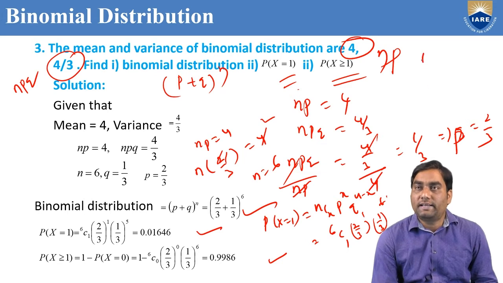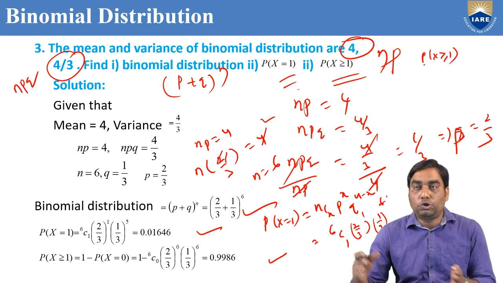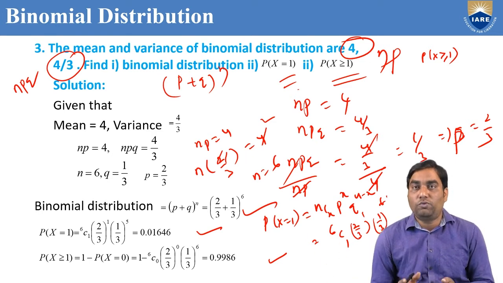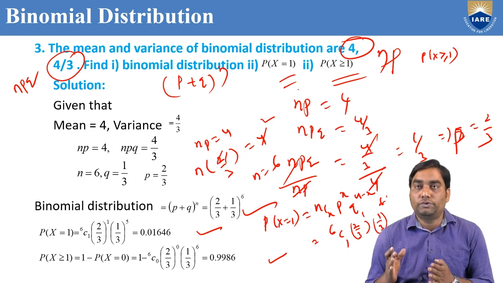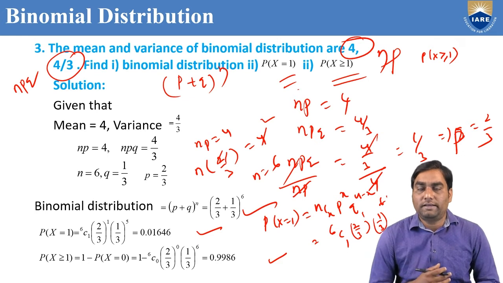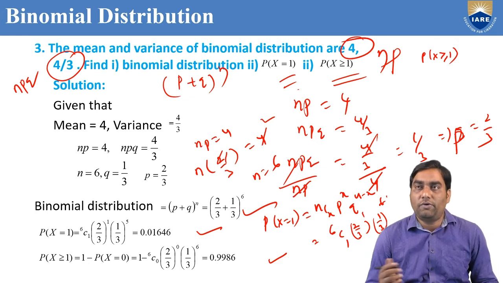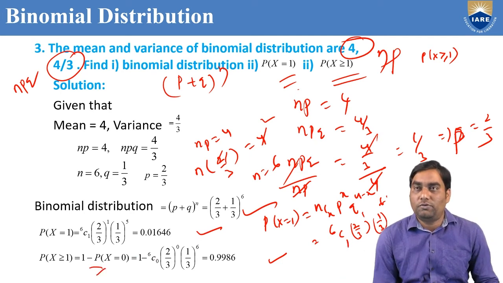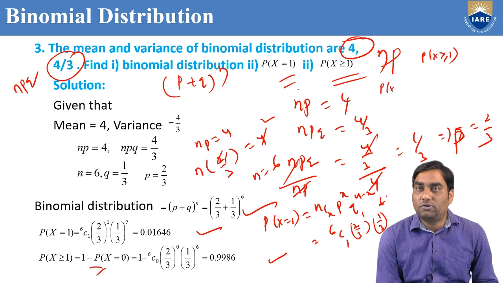Now, P of x greater than or equal to 1 means it starts from 1 up to the number of trials, which is 6. That is x equal to 1, 2, 3, 4, 5, up to 6. But it is a little bit difficult and time taking. That's why we have another formula, that is 1 minus P of x equal to 0. Because if you add all the probabilities, it will be 1. So P of x equal to 0 plus